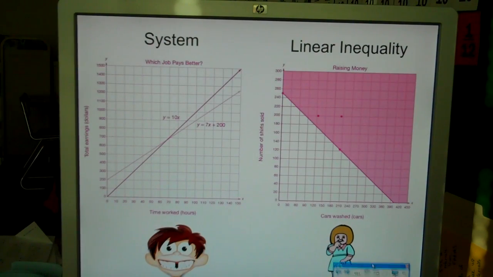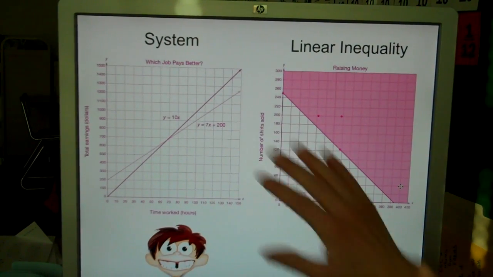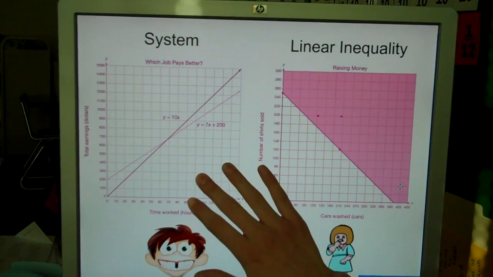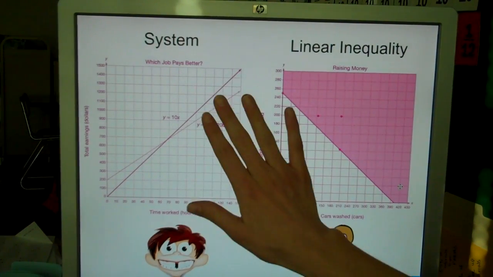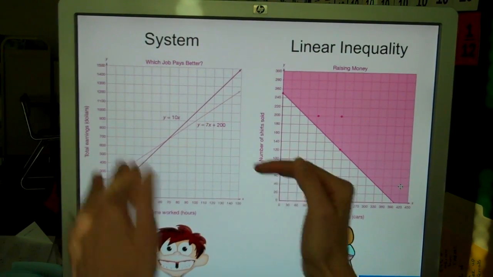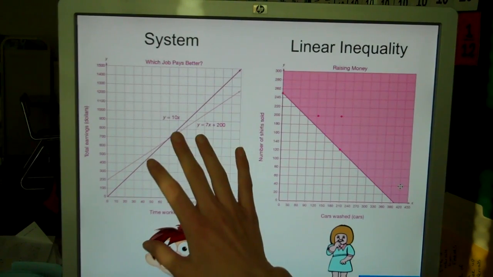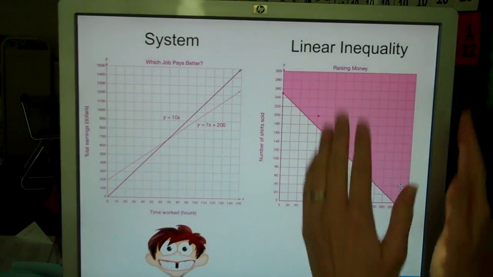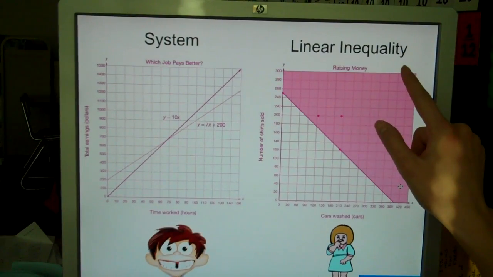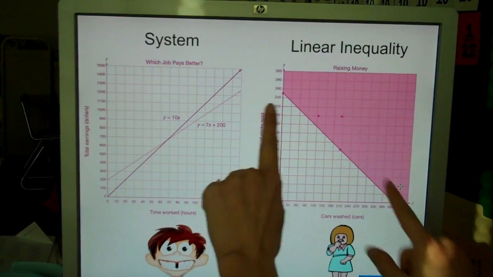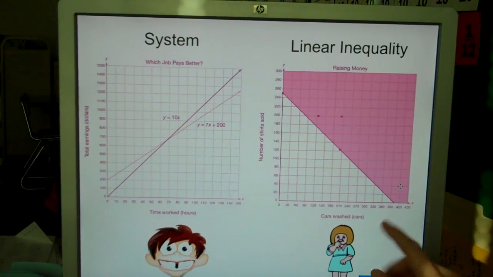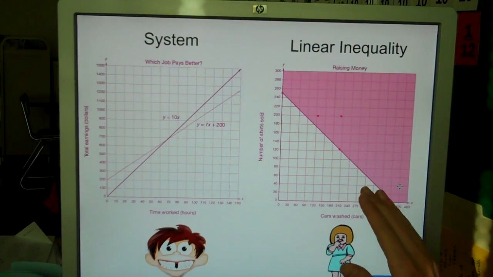Okay? So, here's kind of how it works. We have our system of inequalities. We remember doing this from earlier videos. We have our 2 lines, they intersect, we find the point of intersection. We could have used algebraic, substitution, combinations, all those different ways to solve, okay? Then, last video we did our linear inequality. We learned that we find the 2 intercepts, we have a dotted line or a solid line, and